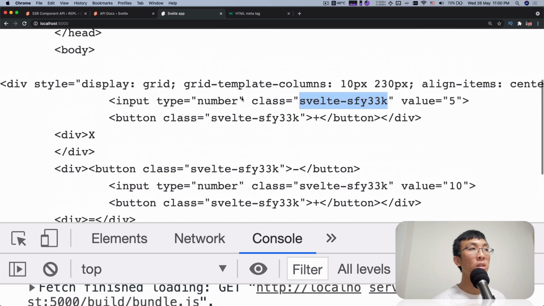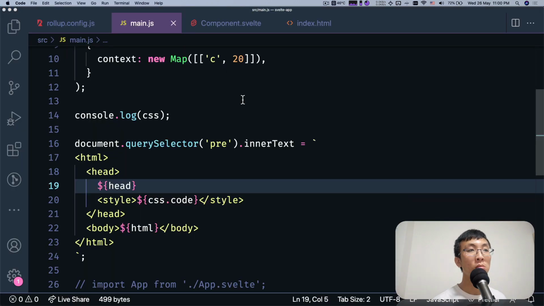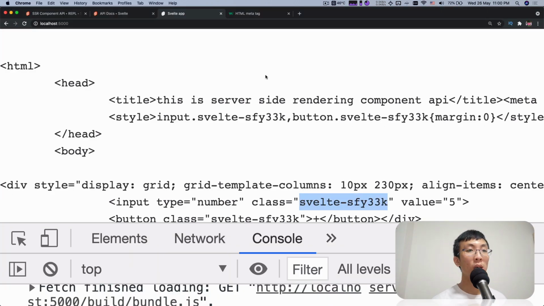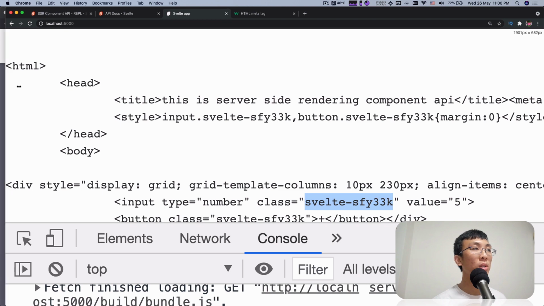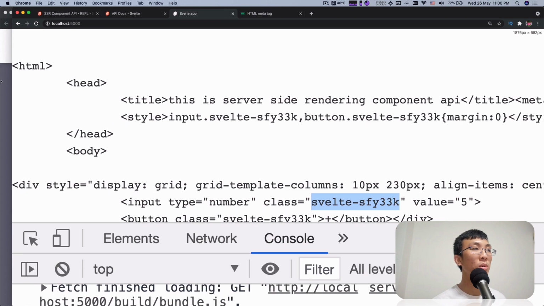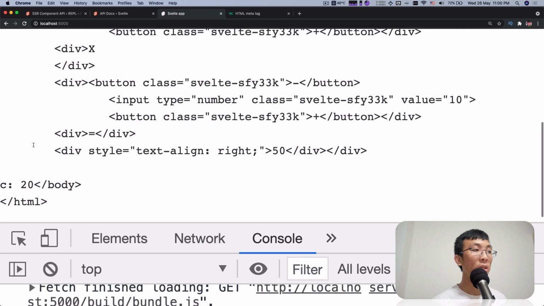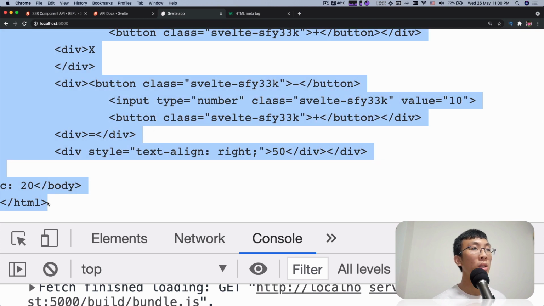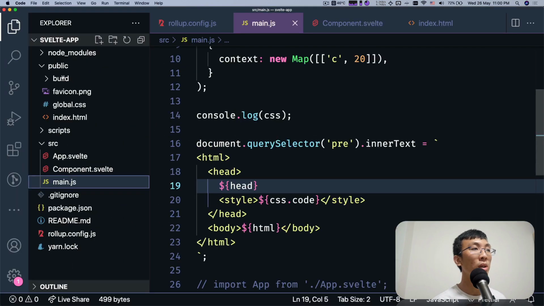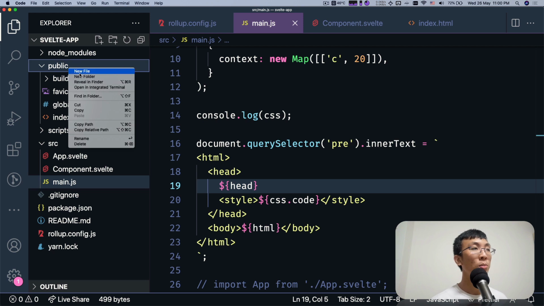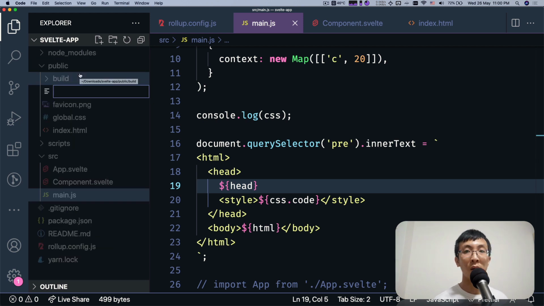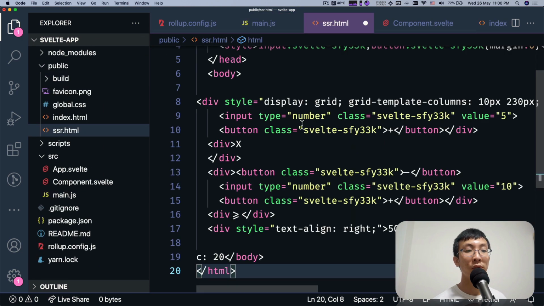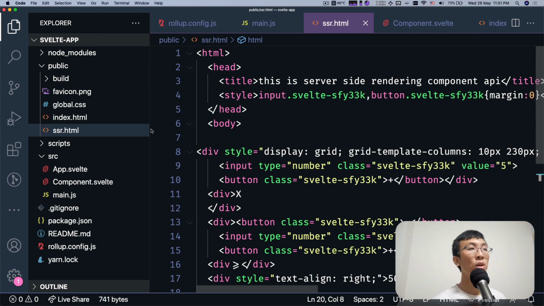Let's save this whole thing. Let me try to select all, copy all this, and let's save it into a file. In public, I'm going to say ssr.html. Let's save all of this into a file, and let's try to open this file.